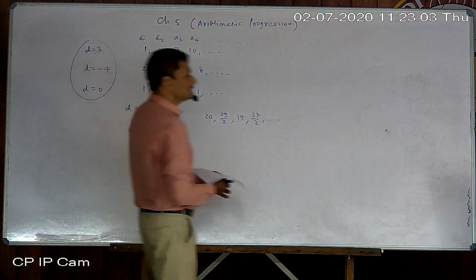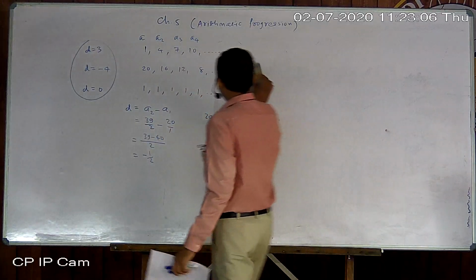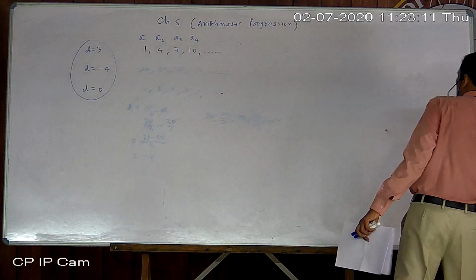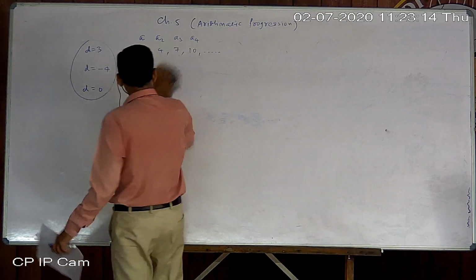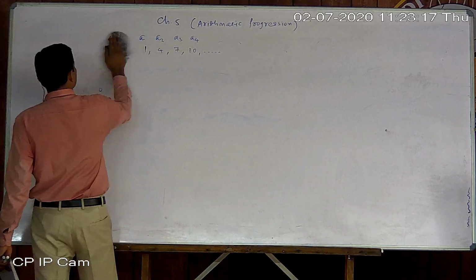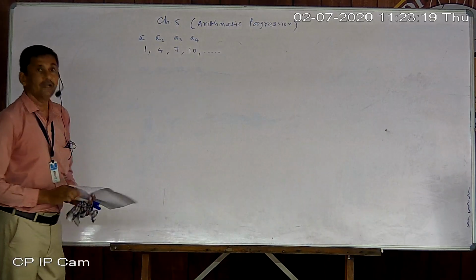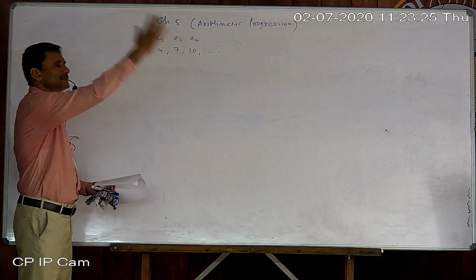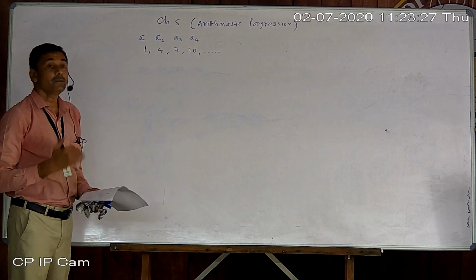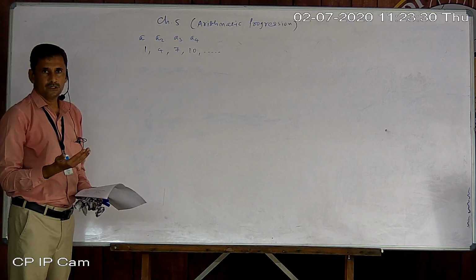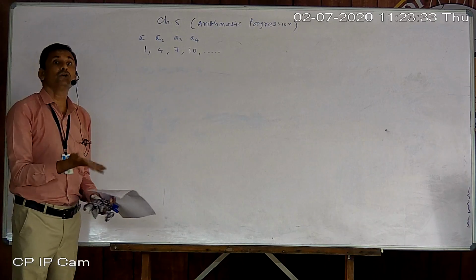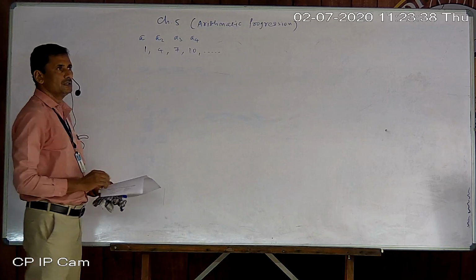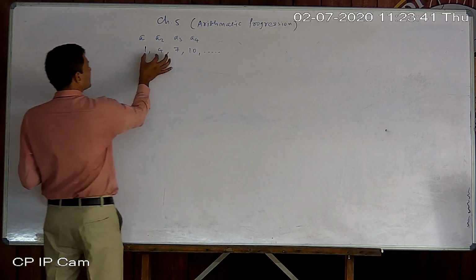Now suppose, going ahead in the first progression, I want the next few terms also. Then you can say, sir, the next terms will be 13, then 16, then 19. Why? By adding 3, 3, 3, you can write all succeeding terms. But if I want directly the 58th term, the 163rd term, then how to find it directly? Don't go continuously. For that purpose, we can make some link here.